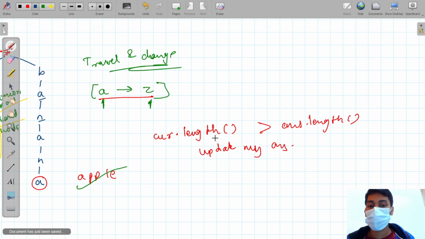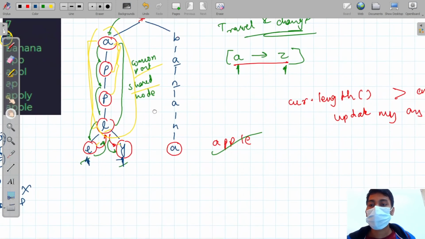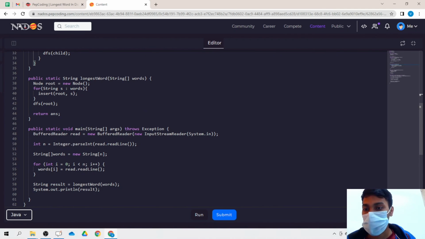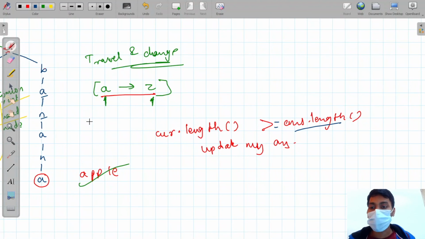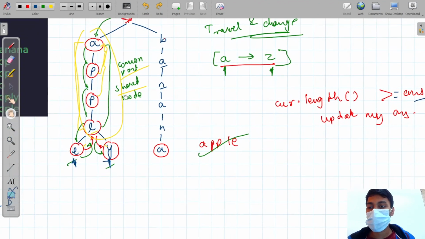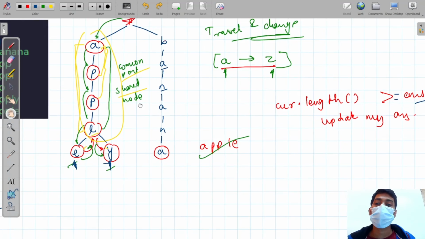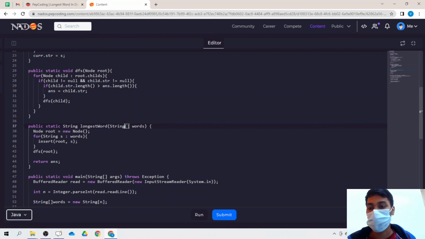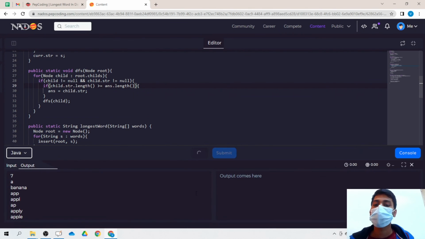And let's see that in that case, when I said that we have to store in this lexicographical order, what if instead of this, we just do this, that is, if our current answer's length is greater than or equal to our answer's length, then what is going to change in my answer? Let's see if it is going to give me apply as an answer or not, because apply is also having the same length, right? Currently we are not talking about the lexicographical order. So let's write here greater than equal to. Let's try to run this code now,